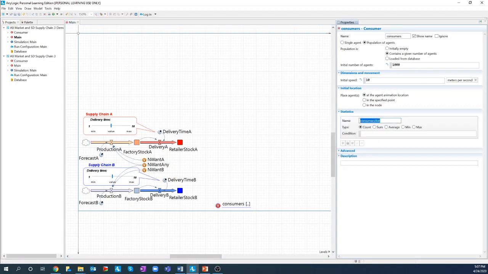And we are going to name the statistics as N uses A, which stands for number of individuals that use product A. And we are going to define the type of the statistics as count. Please note that the statistics of type count iterates through a given population to count those that meet the selected condition. And in the condition section, we are going to write